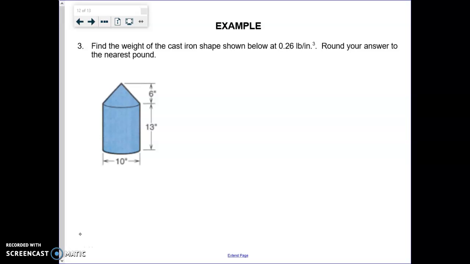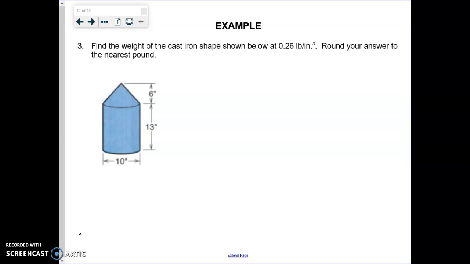Okay, now if you're wondering why we've skipped over a bunch of stuff, remember I said we weren't going to do anything with frustums. So if you're looking at the notes, you see all these things on frustums of a cone, just skip over that. That includes skipping example 2, and we're going to go right to example 3, which is an application of being